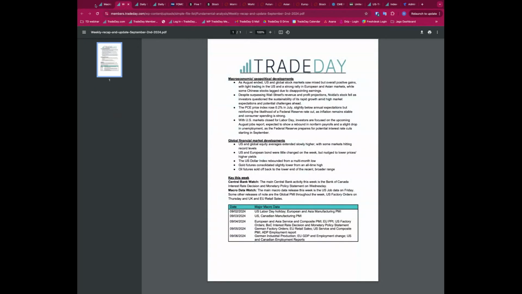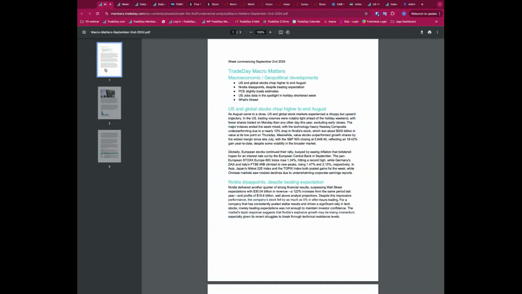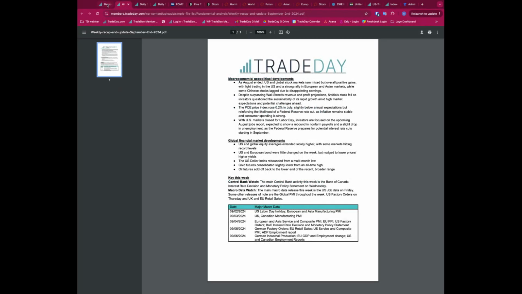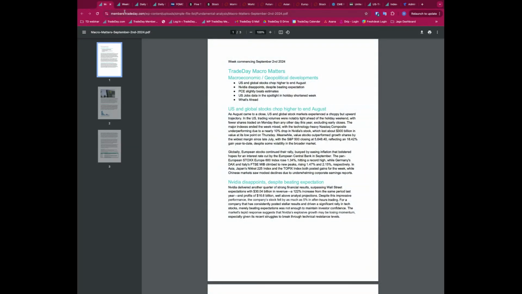So I'm going to refer to the US Macro Matters. Remember that is published each weekend, just below. If you're watching this on the live stream or on the recording in the members area, you have those three columns: the left-hand column, technical analysis; the middle column, fundamental analysis. That's where you get the macroeconomic data, the fundamental reports, the Macro Matters, which is the longer, more extended version that you're seeing here, and then the weekly recap and update, which you can also download. I usually post these in the forums as well, so take a look at those, please, as we go forward. So let's take a look at, first of all, what we've had and what we've got coming up.